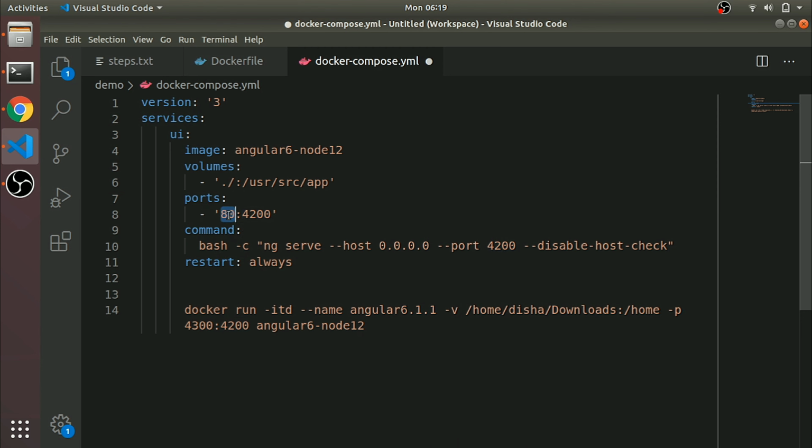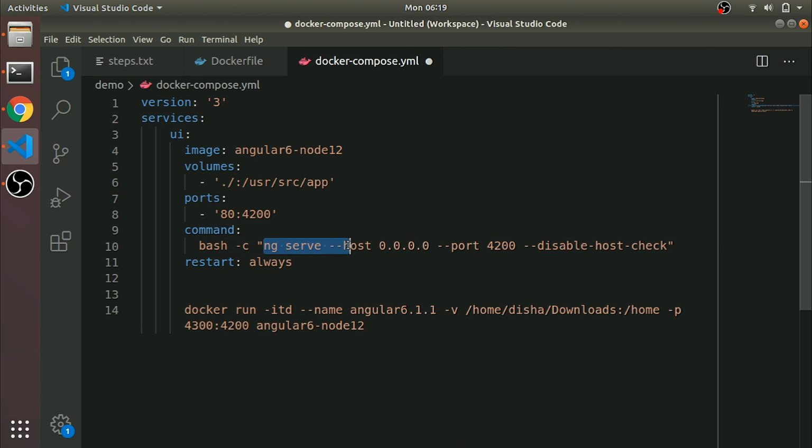No, not an issue. You can do it like this also, but in the URL it will not look fine. So what I did, I just pressed Control Z, so I'm mapping port 80. The container port 4200 will be mapped to outside port 80. So if I put localhost, it will come. This is the command I am putting for running the container.